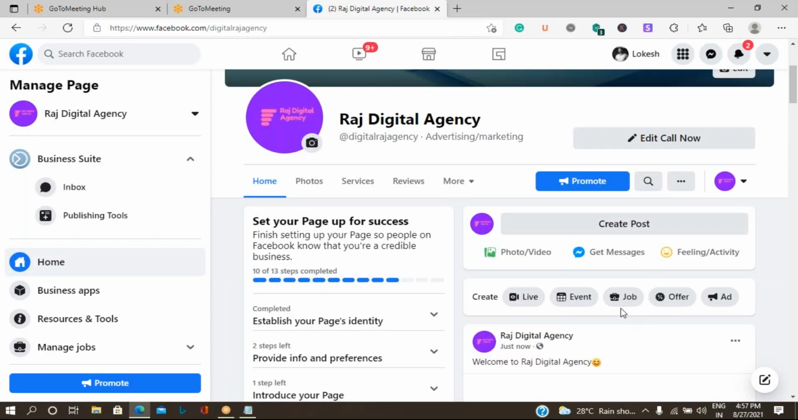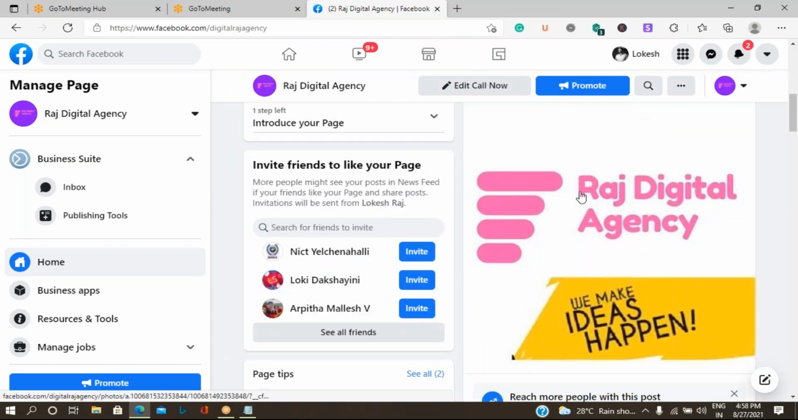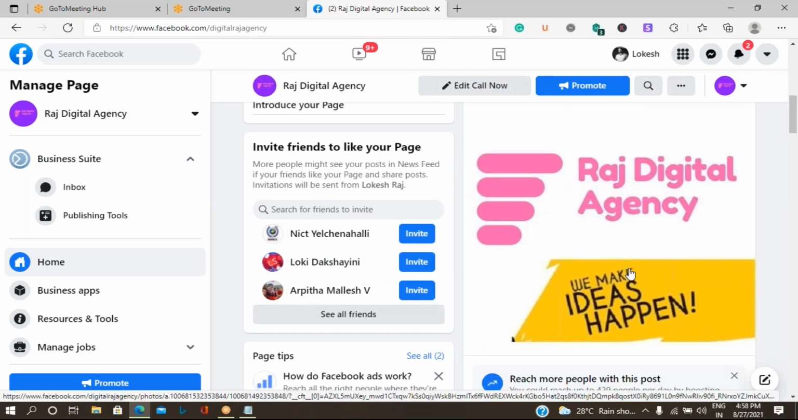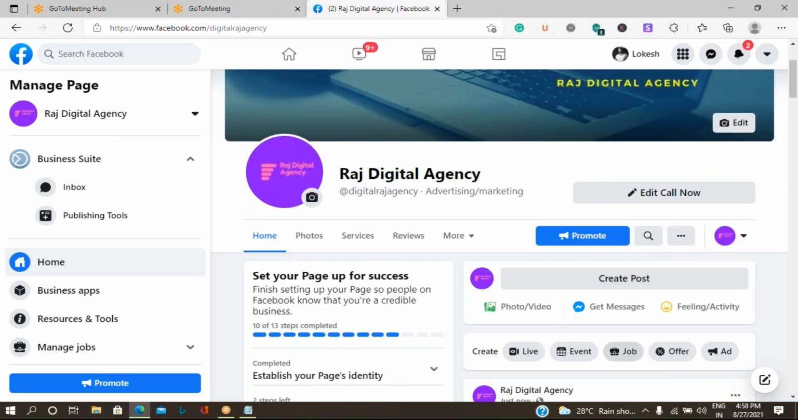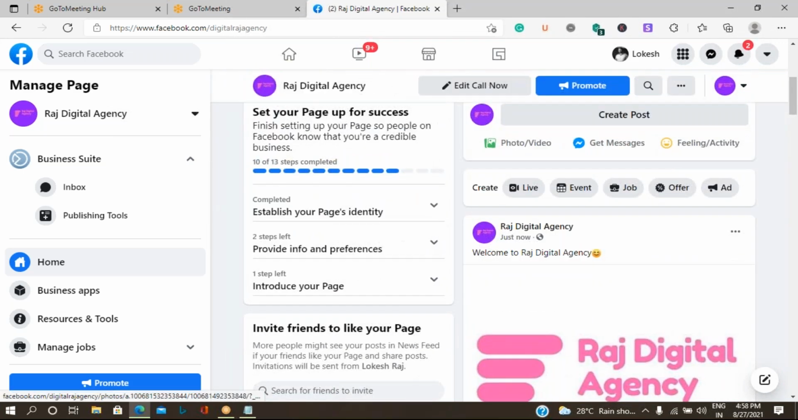Okay, so now you can see that post over here directly on your home page screen. So we have seen general text, hybrid text, image text, and video text. Okay, so the next type